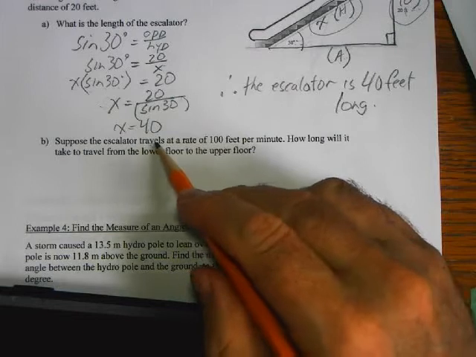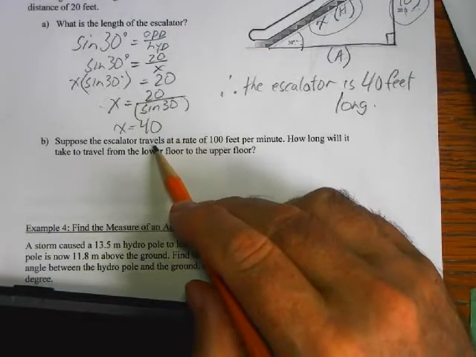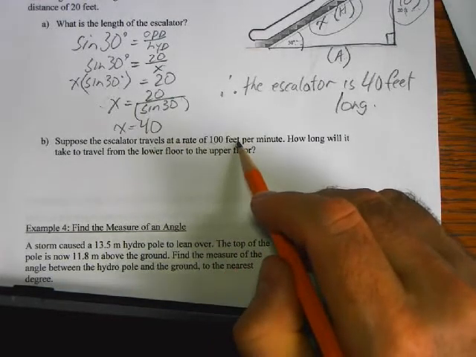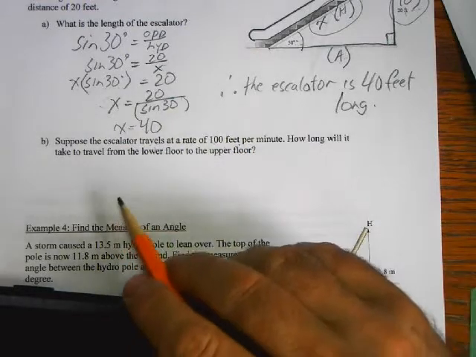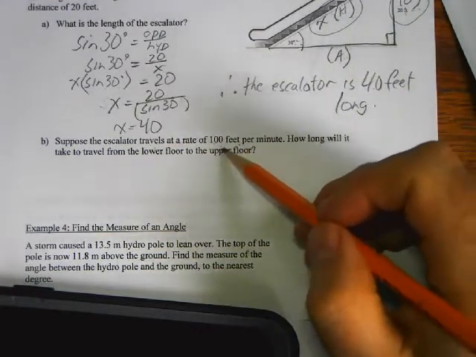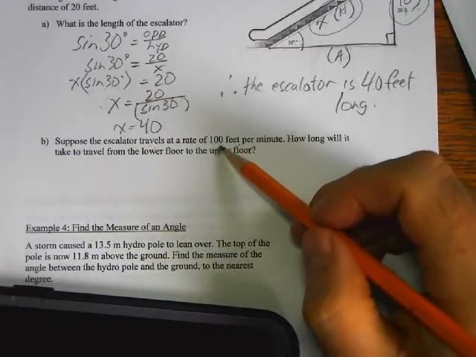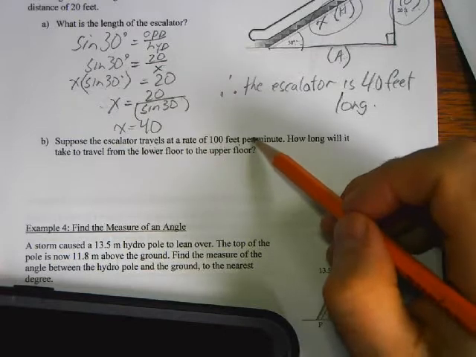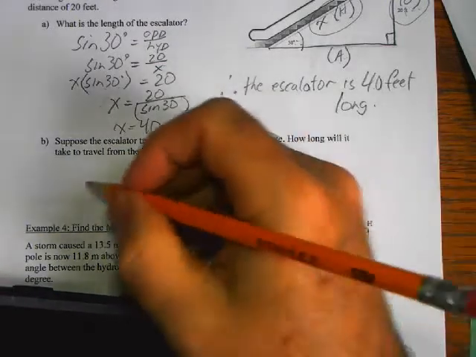And we're told that the escalator travels at 100 feet per minute. So since we only have to travel 40 feet, it's definitely going to be less than half a minute, so somewhere under 30 seconds. So in order to get that ratio,